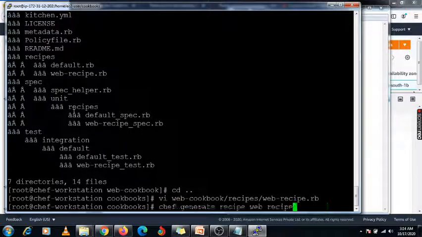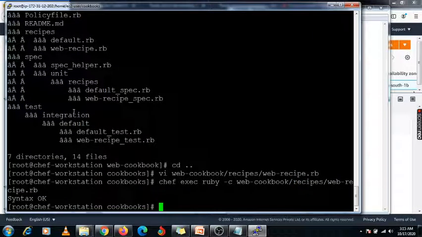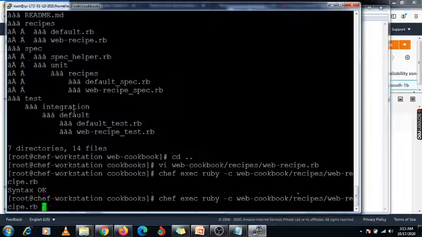First we need to check whether this content is correctly configured or not. So using this execute command we need to check first my web recipe, web_recipe, enter it. Syntax is okay, no issue.